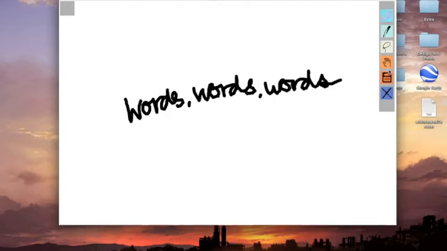So going back to the sidebar, all the tools here, now that we've already seen eraser and marker, here are lasso, grab, save, and clear. So let's try lasso. And with lasso, we can click and drag to draw the lasso. So notice that as soon as I release the mouse, it'll autocomplete for us. So if we try and click and drag right now, lasso will draw a new lasso and